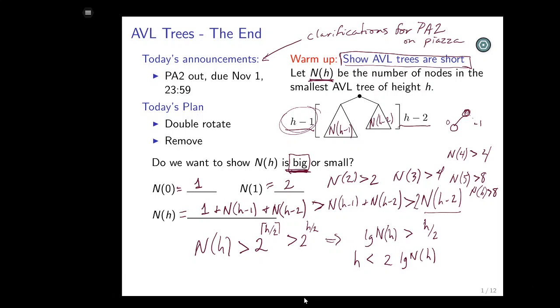This looks good. This is relating the height to the number of nodes n, and it's saying that the smallest AVL tree with height h has height h that's smaller than 2 times log the number of nodes. So every AVL tree with height h is going to have a number of nodes which is more than that. So this is going to be less than or equal to 2 times log n